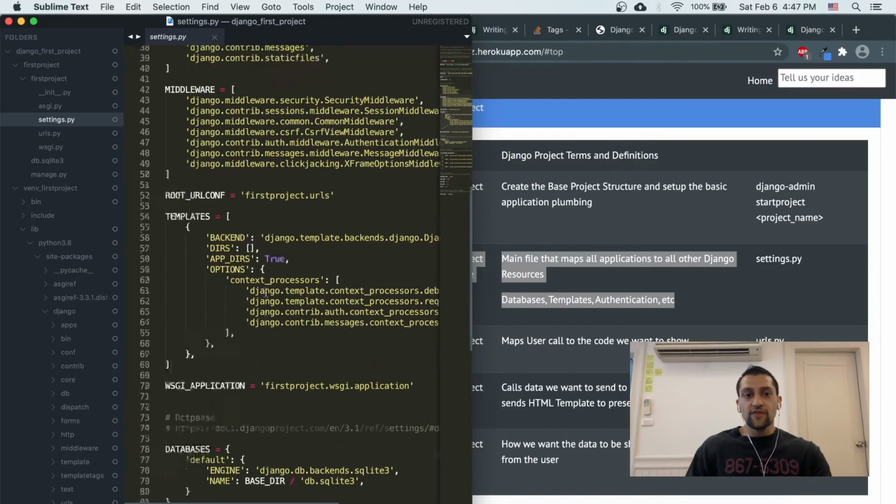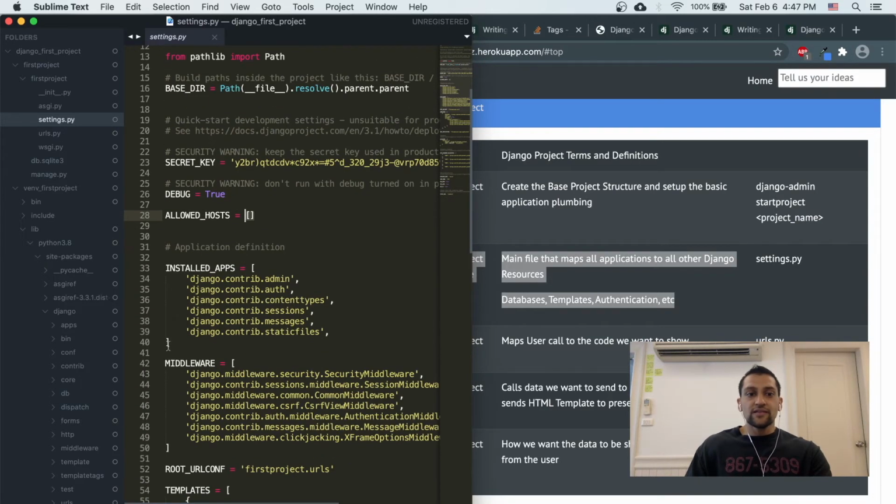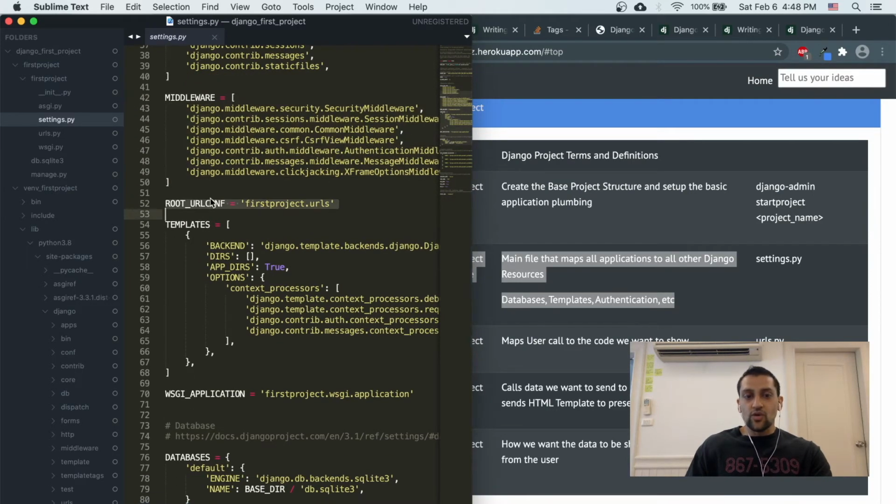Okay so with that, but I just want to show you all of this stuff is static entries, so this is a static entry that gets referred to later on. This equals this, this equals this: strings, booleans, lists. อันนี้คือ list ด้วย ให้ installed apps อันนี้ list ให้ middleware ครับ อันนี้เป็น string ของ URL configuration อันนี้คือ list และข้างใน list มี dictionary และข้างใน dictionary มี list อีกหนึ่งครั้งครับ